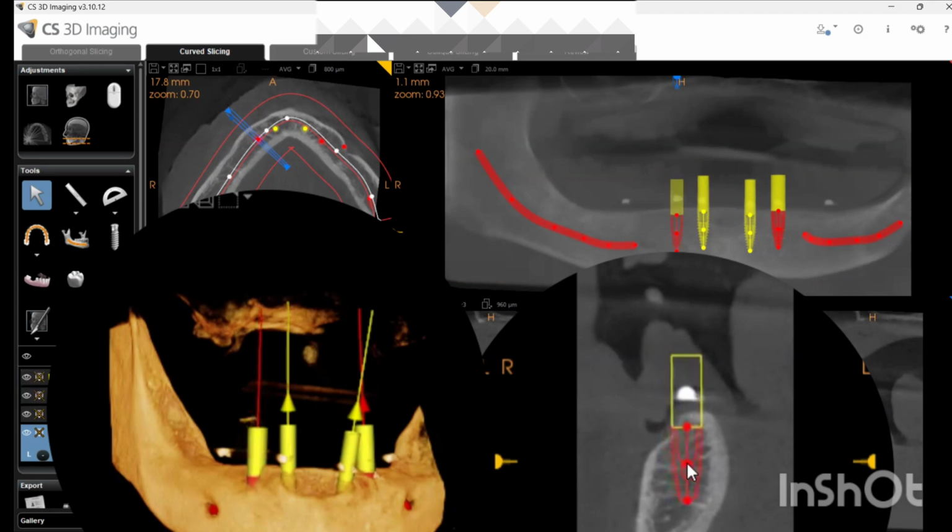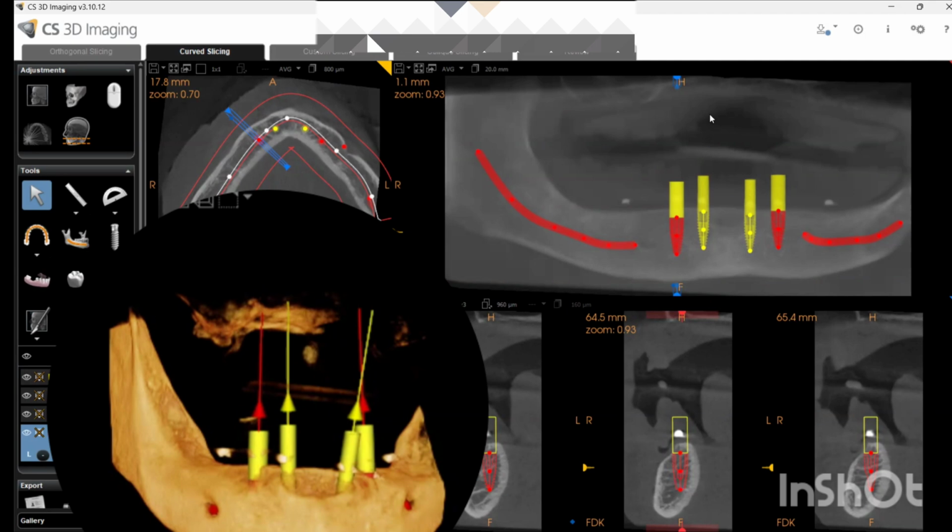So there are two options. Either place the implant more subcrestally, rather than being just exact at the crestal level. Place it a little bit subcrestally, or you can place it a little bit lingually. So you need to inform about these minute things, because these little things can lead to failure of the implant at times. So here the implant is good to go.